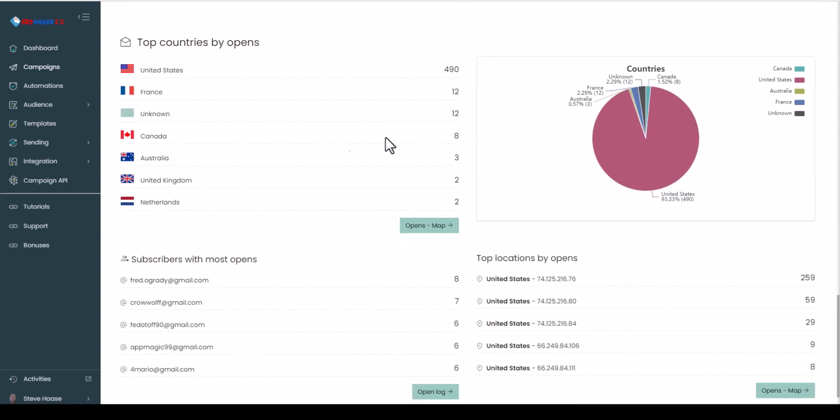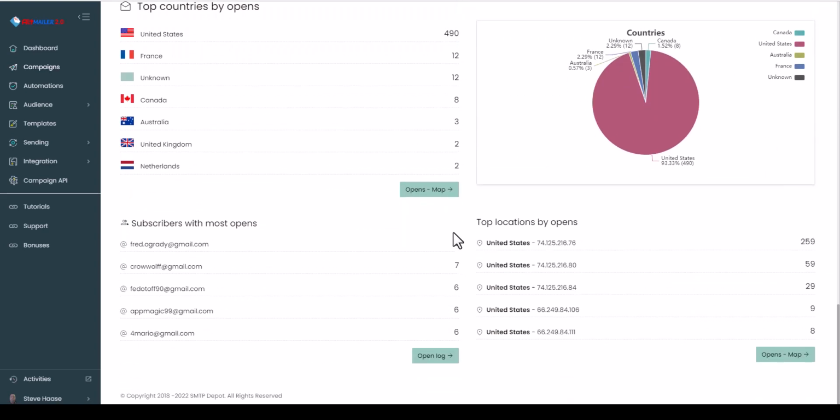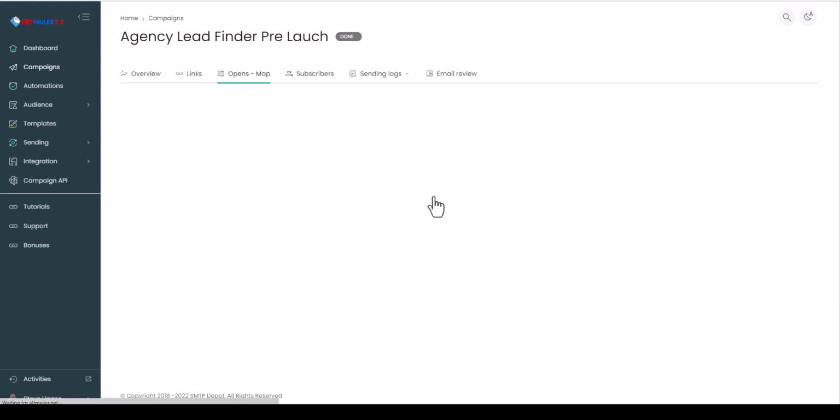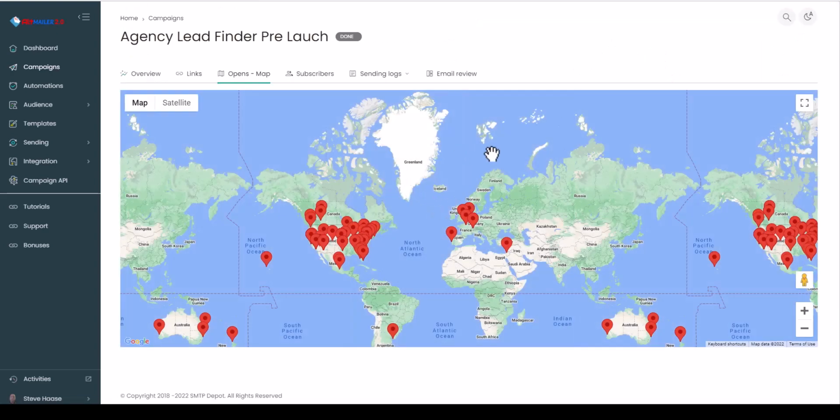You can see the countries that it came from and so forth, top openers and opens, etc. And you can pull up all of this stuff like open to see a map, and this will show you an actual map of the world where people have opened your emails. So you can see that here. And then up here at the top you see another menu, and that menu kind of gives you, we'll go back to the overview here,